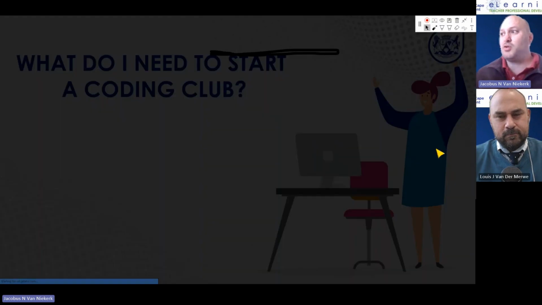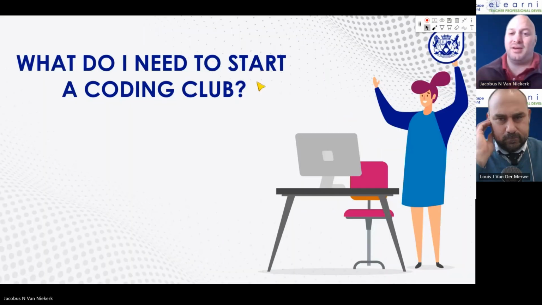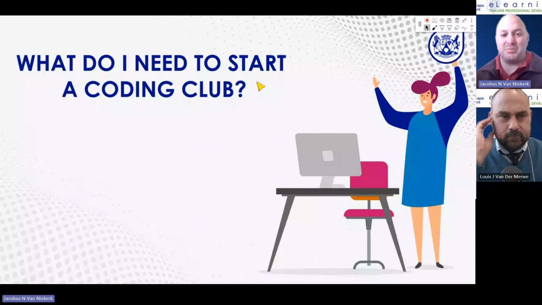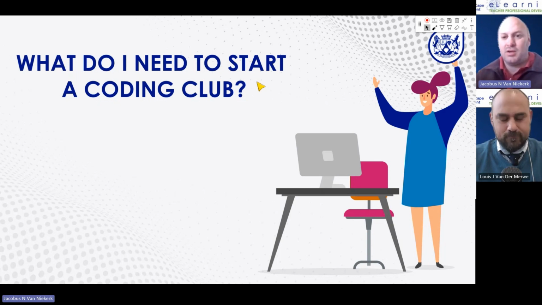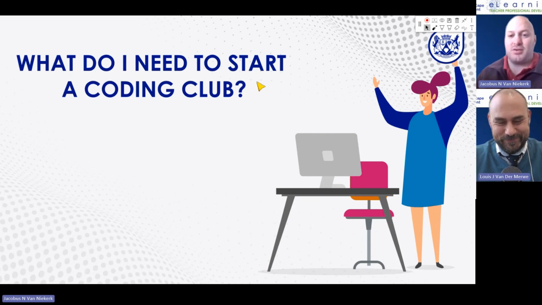Right. And of course, when it comes to the coding club, these things are critical to realize, because you're going to enter into a world that you probably also don't know a lot about. So you have to be vulnerable. You have to accept and understand that these kids might very quickly move beyond where you are, and there's nothing wrong with that. So when I ask what you need to start a coding club, most people think you need to have some guy that has an IT degree. You need to have lots of money. Money is the critical thing.